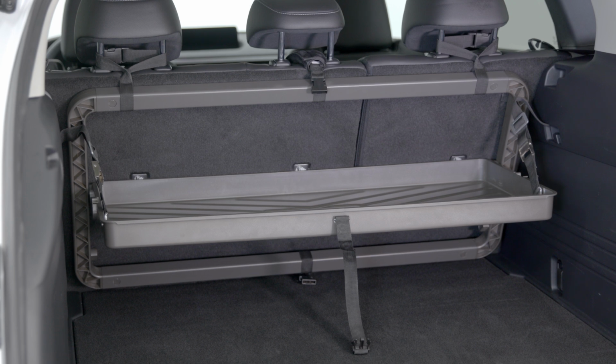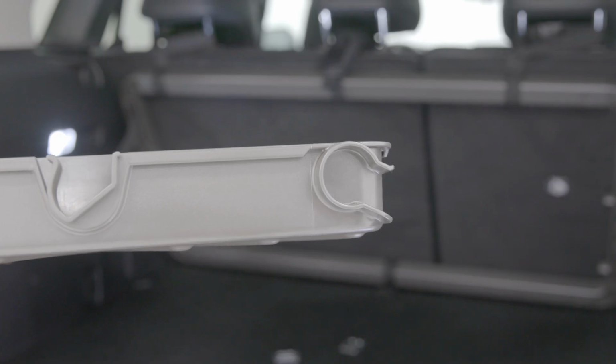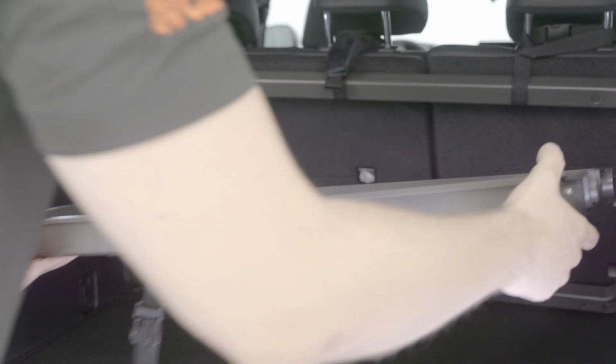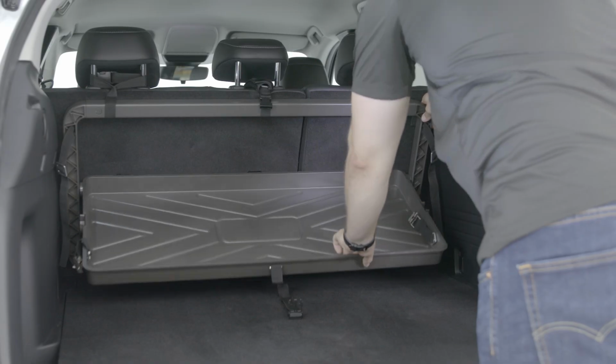The Cargo Caddy has two different height positions to choose from. Install the tray to your desired height position by angling the tray and sliding the tray sockets onto the mounting pins on the frame. Once the tray is inserted over the mounting pins, lower the tray to lock the tray